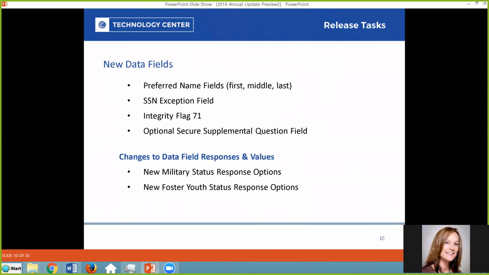So we've made room for that, and those are downloadable fields. So if you want to add the preferred name fields to your download file, you'll need to update your format file. And this is an IT task, and then update the jar file so that your job file points to the server and it says grab those fields too, in addition to all our other fields. So we have the preferred name fields, that new SSN exception field, and that, again, was a request made mainly by the international